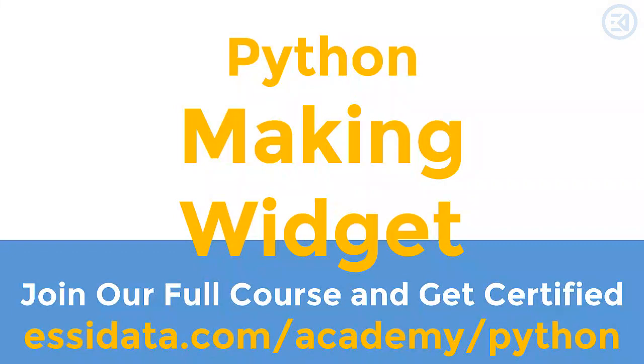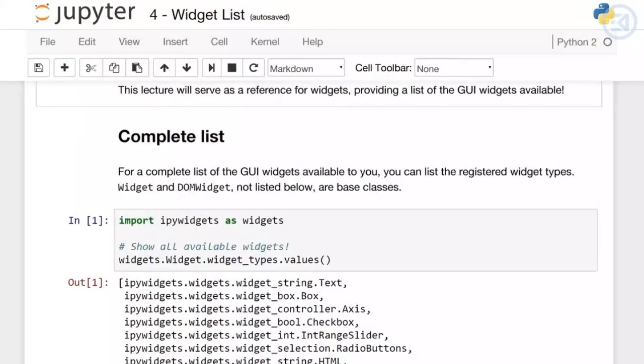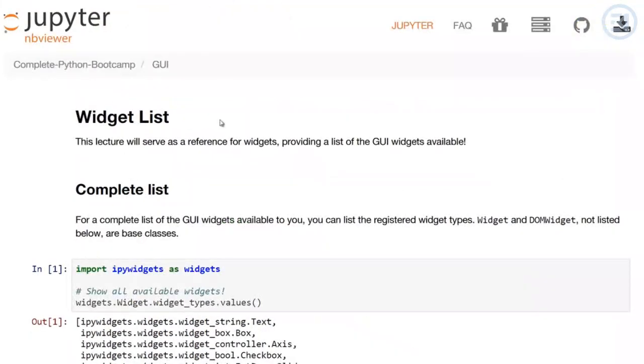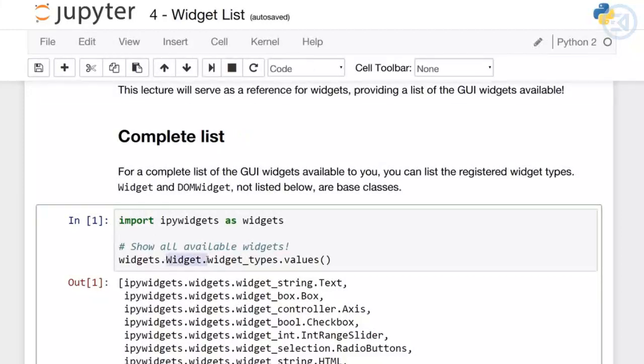Hello everyone, as I mentioned in some previous lectures, there's a ton of widgets, and finally we got to the widget list lecture, where we'll be giving you a reference for all the GUI widgets that are available. So for a complete list, again, you can always check out the Jupyter Notebook here. Right now I have the same notebook opened on my personal computer here, and you can see there's a complete list, and you can call it by just calling